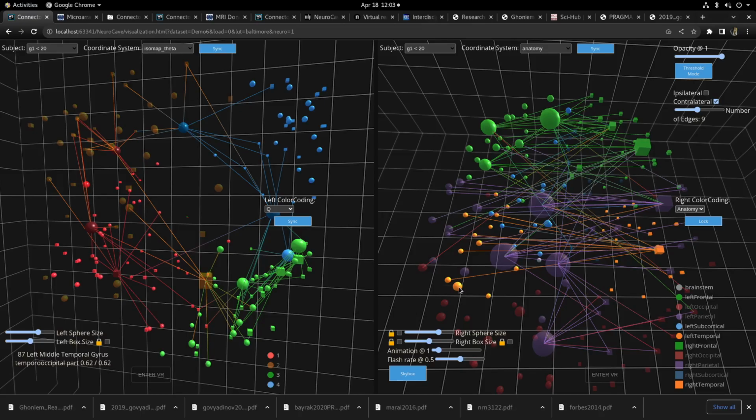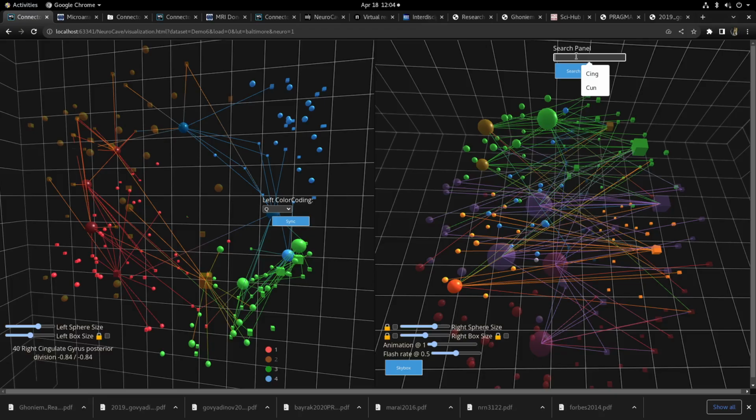And also there's a search box, so I can search for, say, maybe the cingulate, so if there's a phrase in